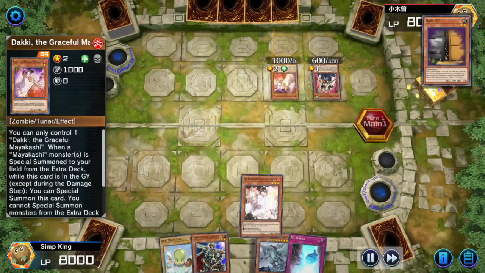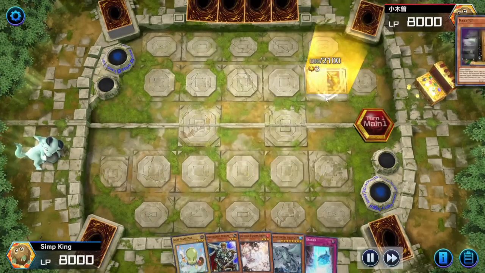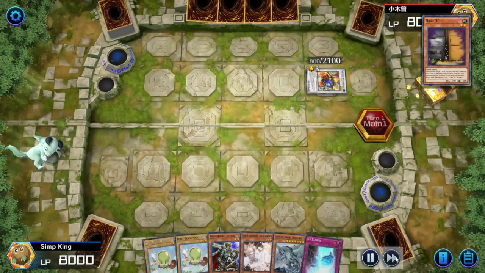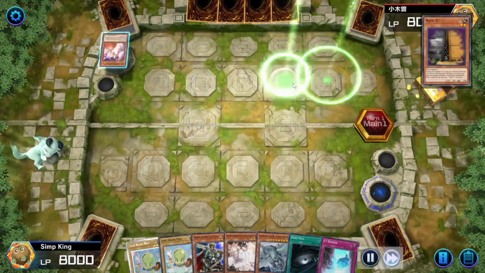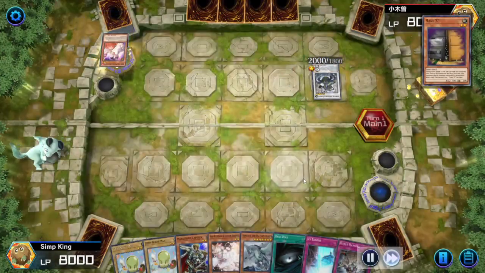Our opponent is playing Mayakashis, and we just activated Max C. We are about to draw infinity cards. Let's go. As our opponent summons Mayakashis 1,000 times, remember,